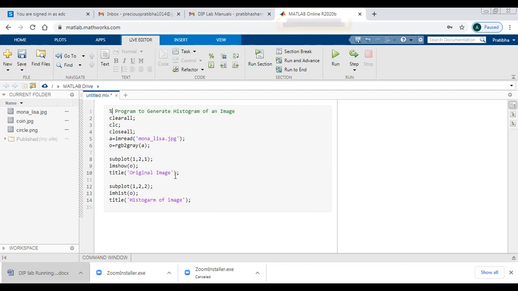And the subplot command divides the figure into an m by n grid. Here we can see the subplot command has three parameters, m, n, and p. So the subplot command divides the figure window into a 1 by 2 matrix and creates axes in the position specified by p. So subplot 1 2 1 will divide the figure window into a 1 by 2 matrix and create axes from 1. So I am going to run the program and we will see the output of the program.